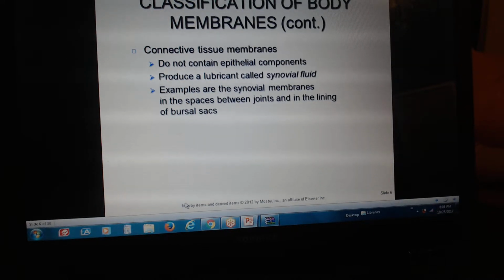Connective tissue membranes don't contain epithelial components. They produce a lubricant called synovial fluid, as we'd already talked about. And the examples are the synovial membranes in the spaces between the joints and in the lining of the bursa